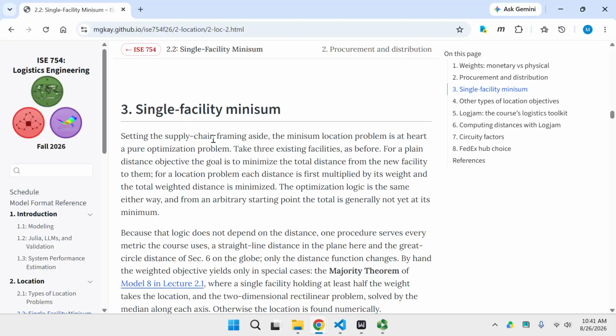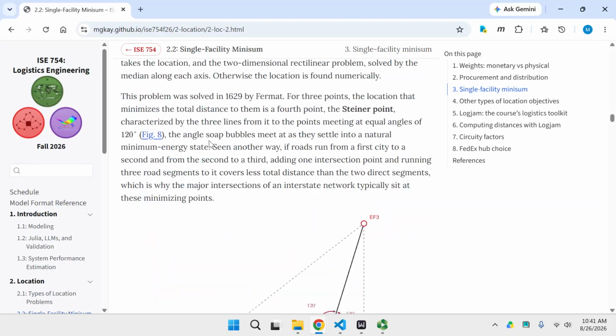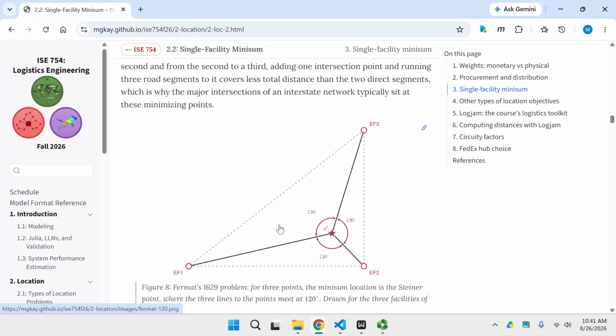The next part talks about single facility Minisum. And first it talks about the Fermat problem. This is a case where you have no weights. These are just